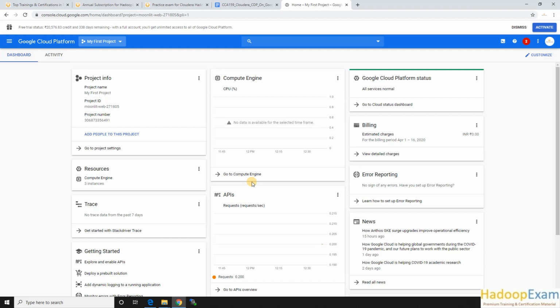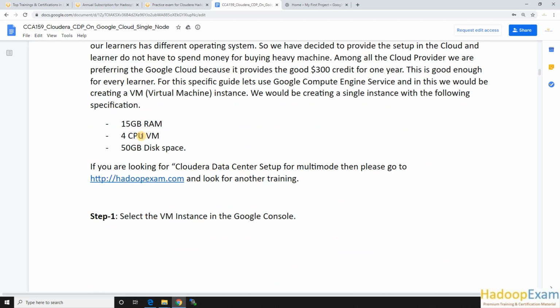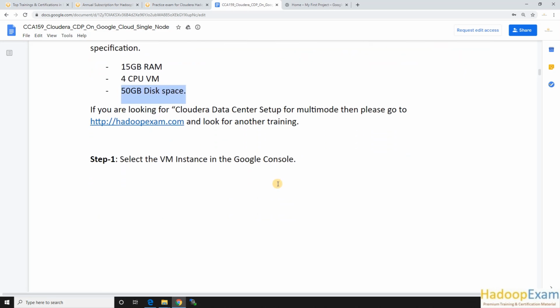Don't make things complicated over here. This is how I would be following, and you can read it for more details. What we would be doing here: we would select 15 GB RAM, use 4 CPUs, and 15 GB disk. We would use 15 GB disk space right now, and later on if we need more, we can increase it as well. You should know how to increase the disk space. When you stop the instance, Google still keeps charging for this space, because you are consuming it even when the instance is stopped. But it is very minimal, and it is part of your free credit, so you won't be charged for that from your credit card. You should be aware.